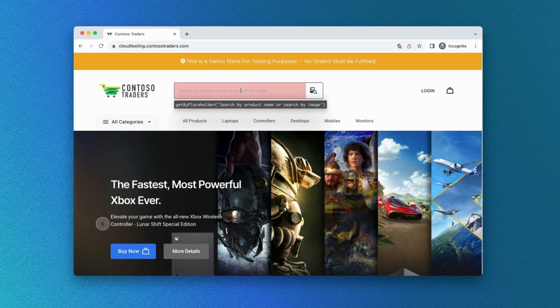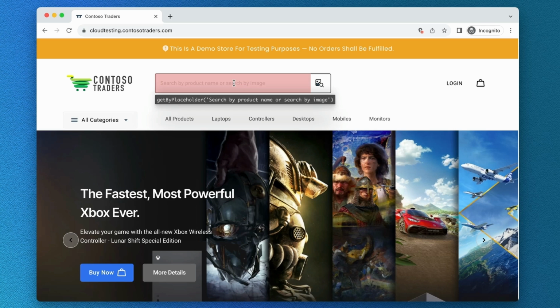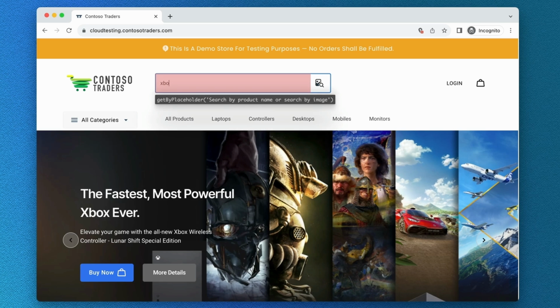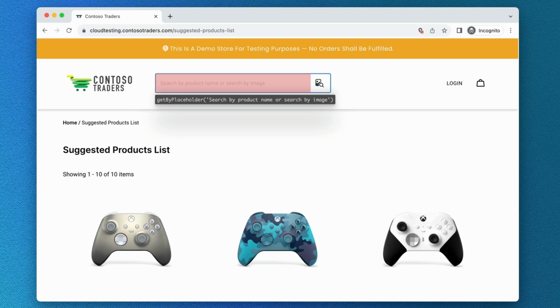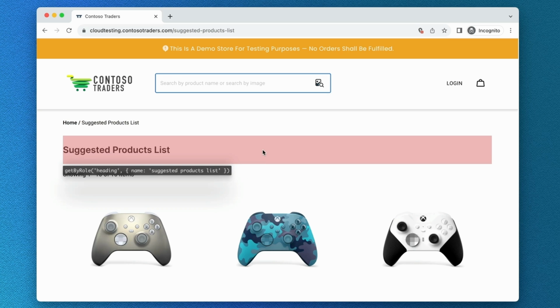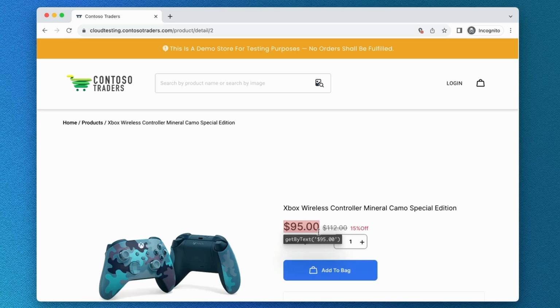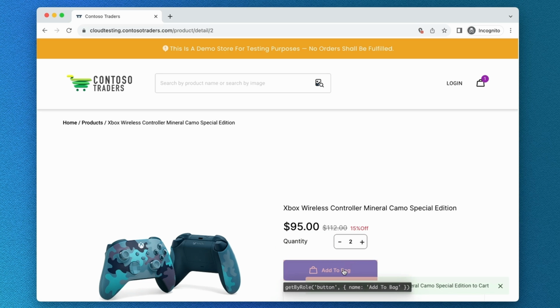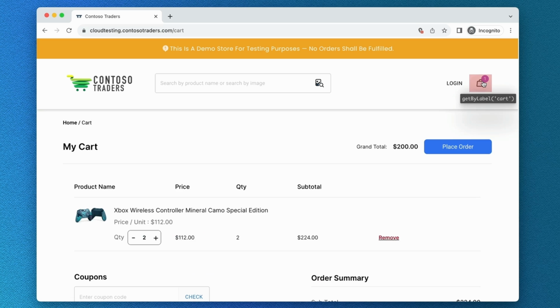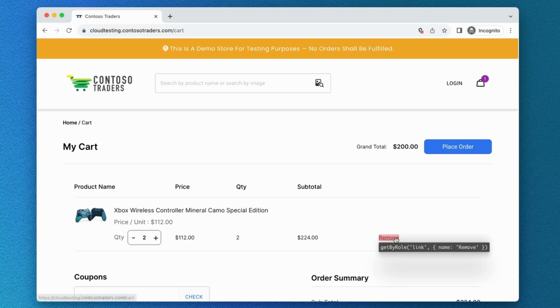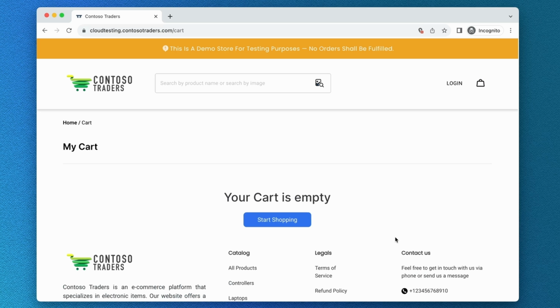We can now go back to our browser window and record our user actions by simply clicking through the site just like a user would. For example, let's search for an Xbox controller and then choose our favorite one. Let's select 2 and then click on the Add to Bag button. We can now click on the bag icon where we can see our 2 Xbox controllers have been added to our bag. Let's click the Remove button to remove our controllers from the bag, and we can now see our